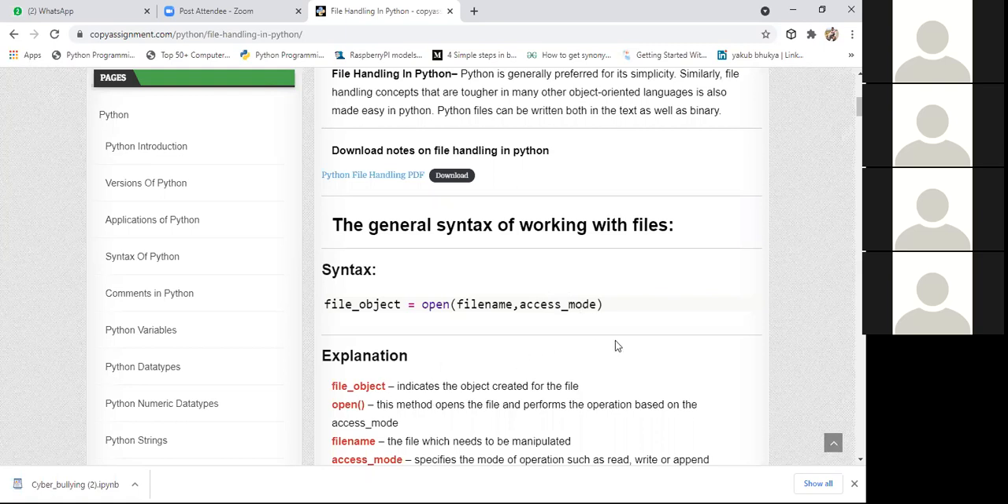Okay, here is a description regarding these things. File object indicates the created file. He specified a lot of description here, but